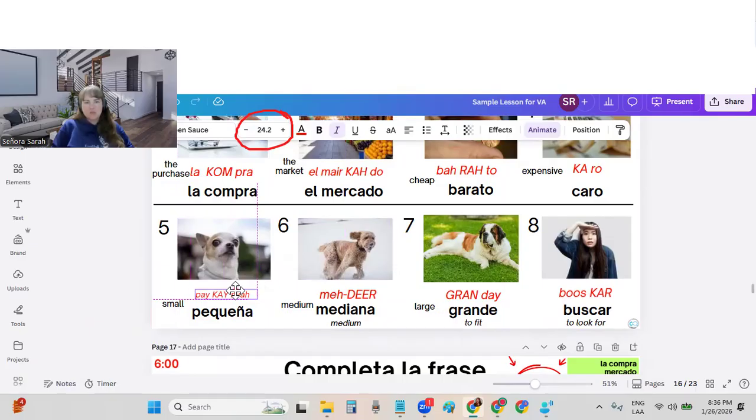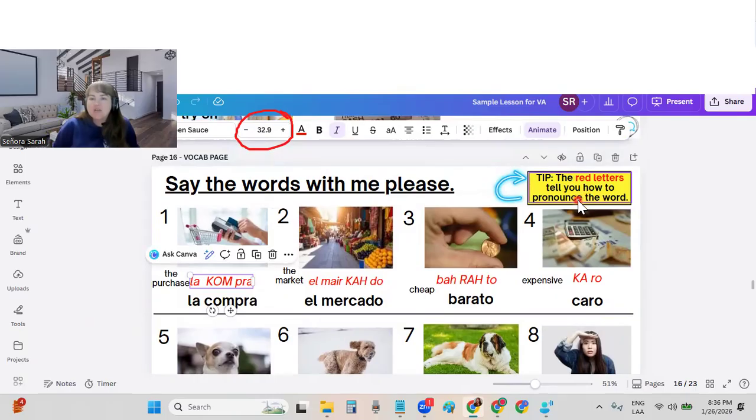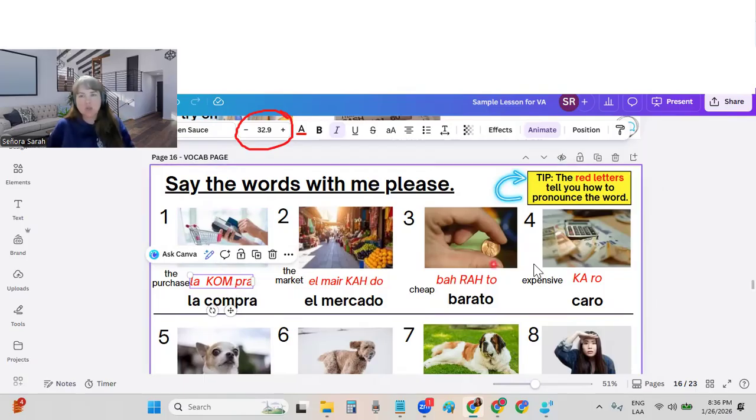And then we got these two. These red words, you got to kind of think like a gringo, okay? The red letters are, as you see here, they tell the student how to pronounce the word. Most of our students are gringos, okay? They're white American kids. They don't know how to pronounce Spanish. So we're going to write in the red letters the pronunciation of that Spanish word